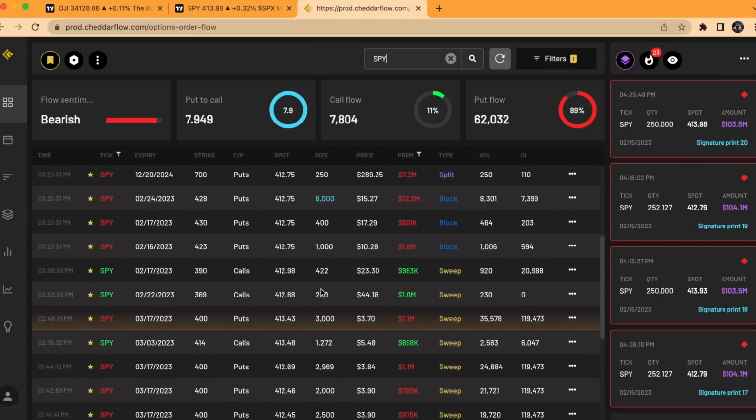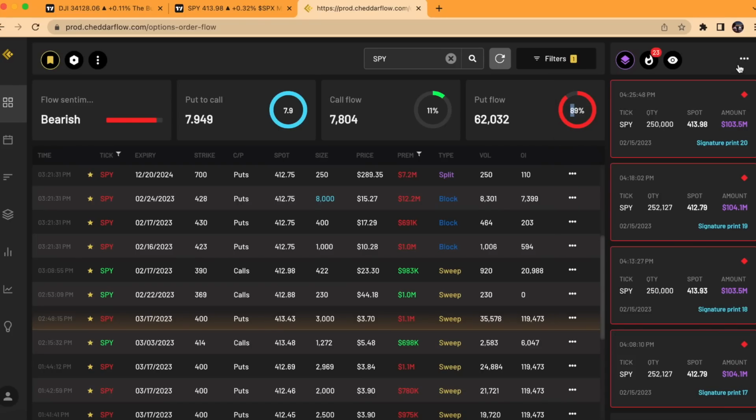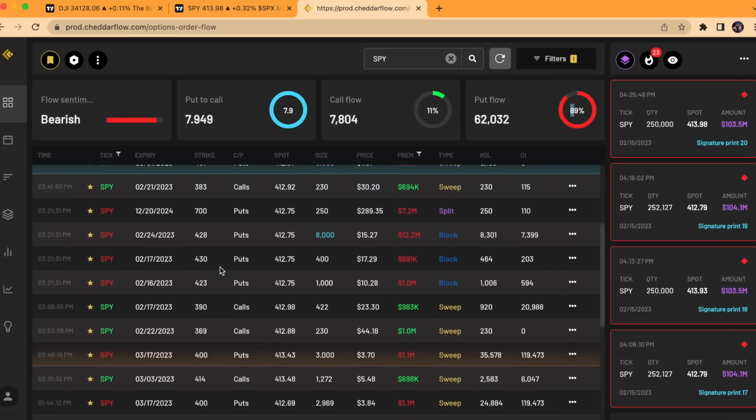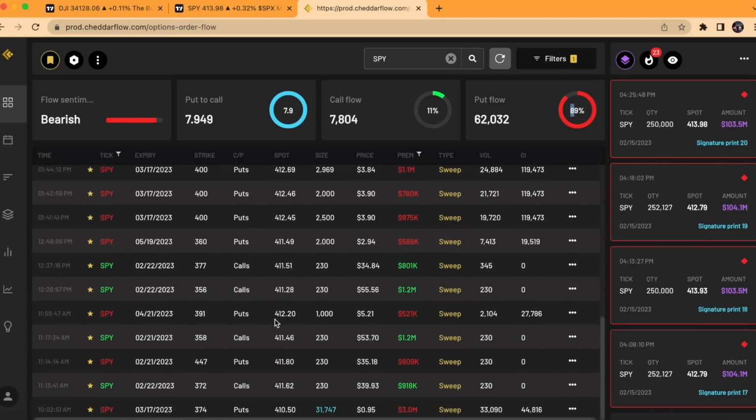And then again, most of the calls that we saw today, which by the way, was only 11% calls to 89% puts. If you filter here for above 500,000 in premium, I wanted to see what the whales were doing. Most of these calls were pretty far in the money, so I personally am not paying attention to them too much. But again, a lot of those 400 strikes getting hit throughout the day,